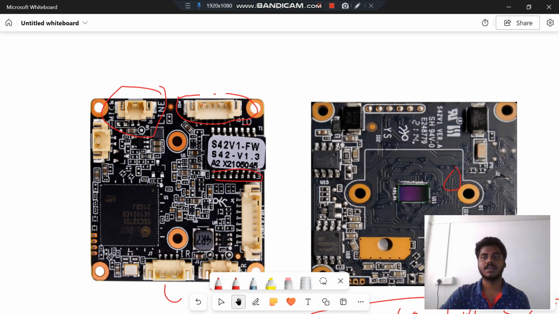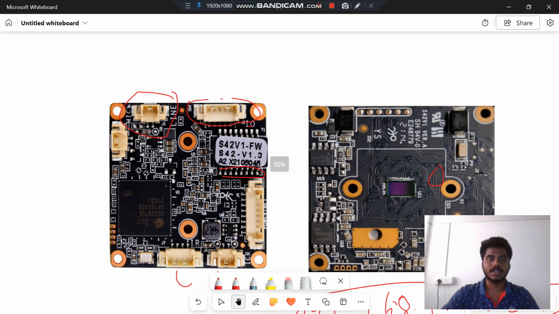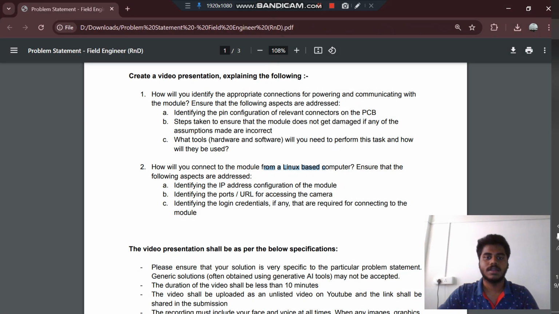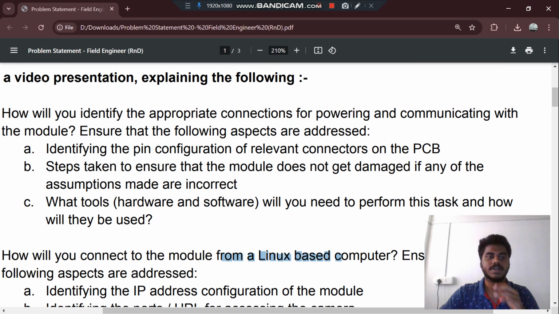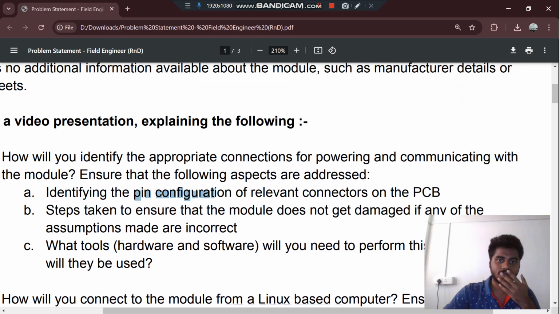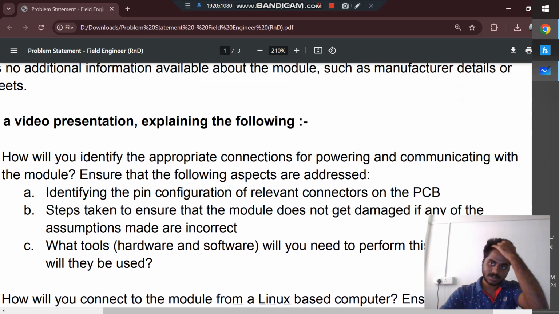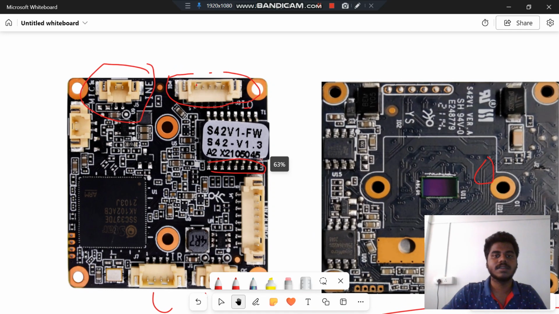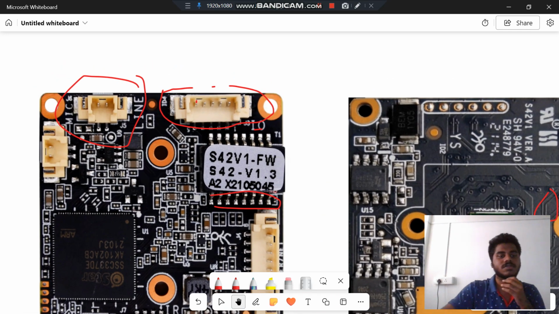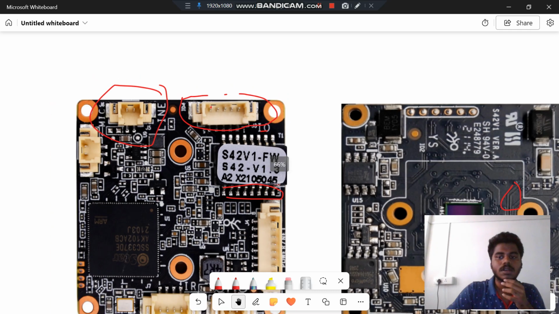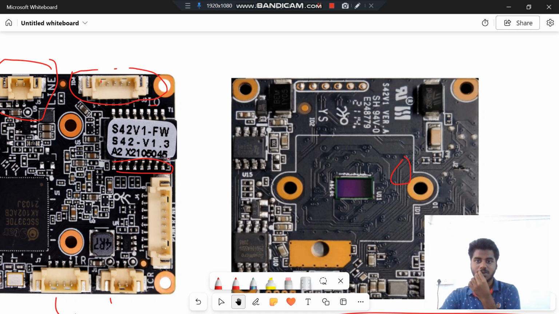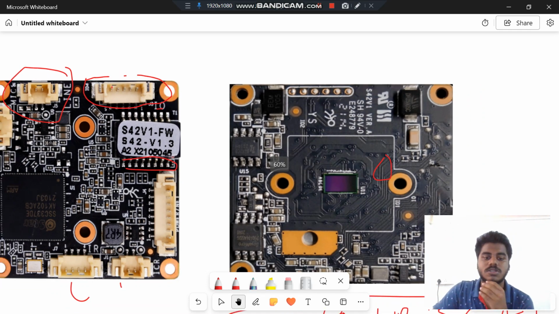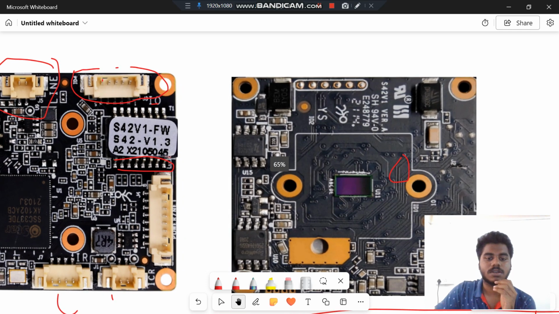Now coming back to the hardware question, the questions explicitly asked are: how would I identify the pin configuration of the relevant connections, what steps would I take, and what tools would I be using. So coming to the pin configuration, once I get a multimeter, using the multimeter I'll be able to find out what each of the connections takes me to. From the PCB diagram I'll be able to check continuity and make some assumptions of what each of them could be. Also, along with those, what I could actually do is,